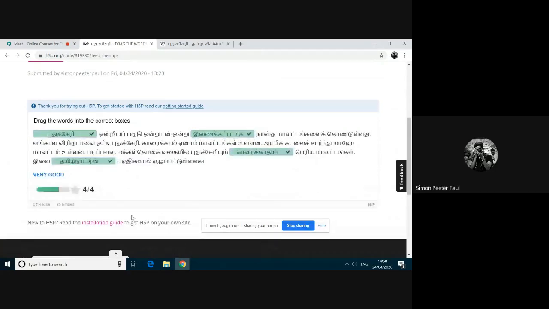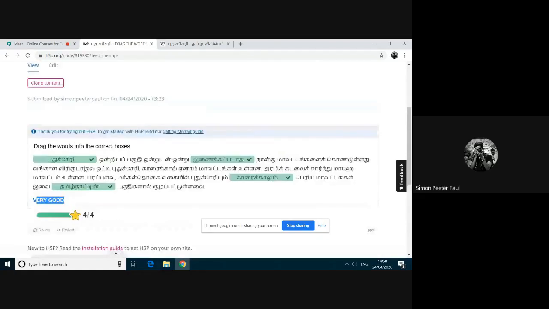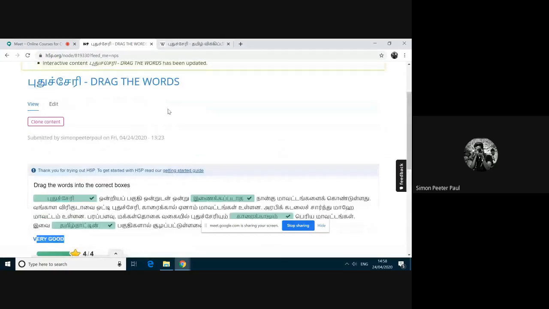I'm checking. So if you want this to be in your own language, you can change. How to upload the text in the particular tab? Which tab, ma'am? Really, I couldn't understand your question.